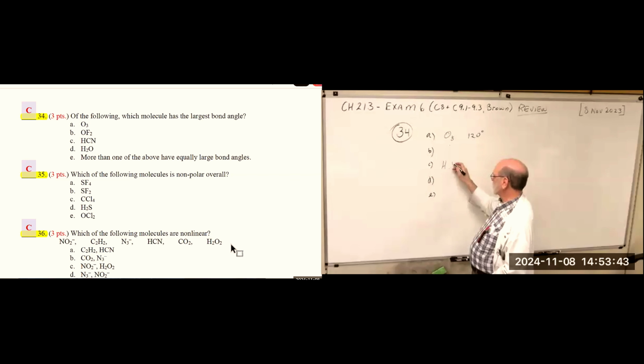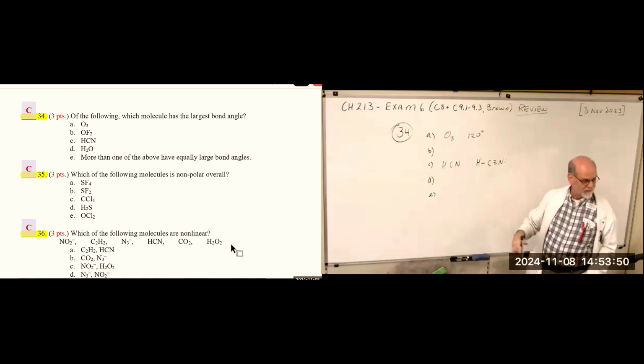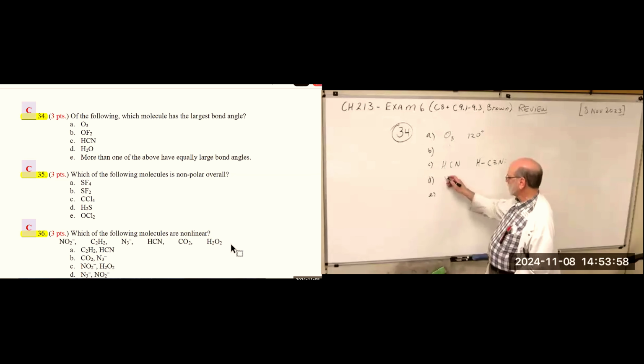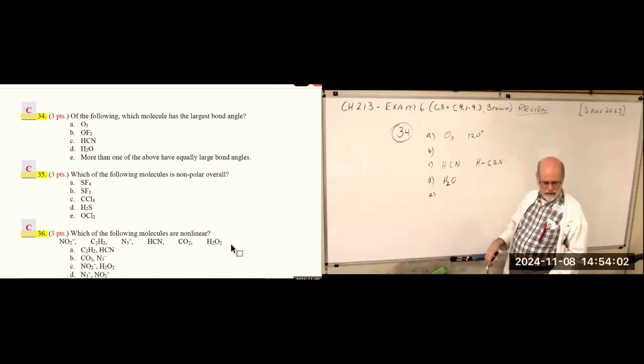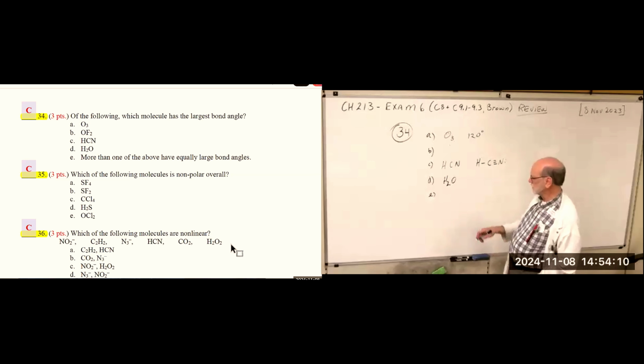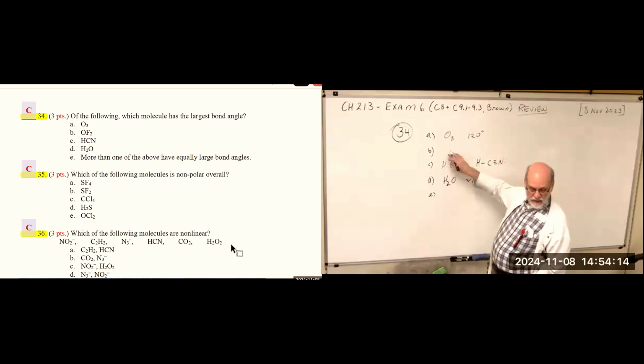HCN. Let's cut straight to the chase. We've drawn this one before. There you have 180 degrees. Oh, it says more than one. Okay. Water, nominally 109.5, tetrahedral, but it's less. It's probably about 107. Okay, so how about B? If B is not linear,